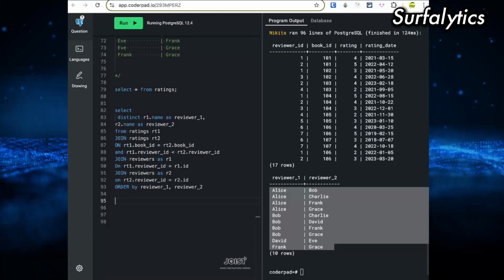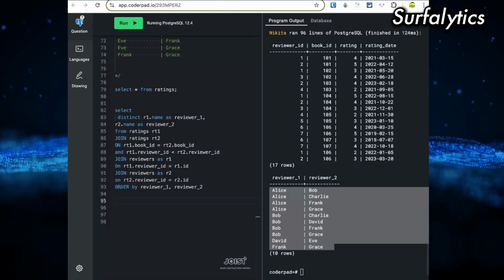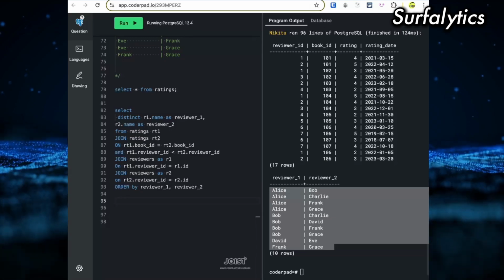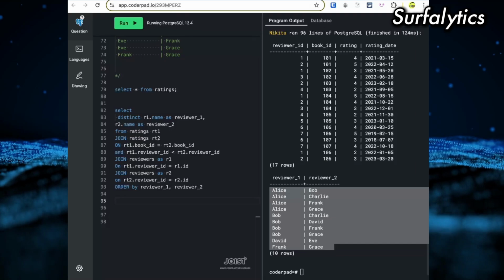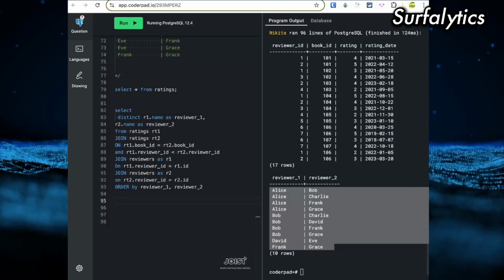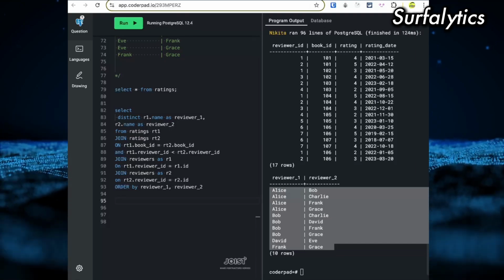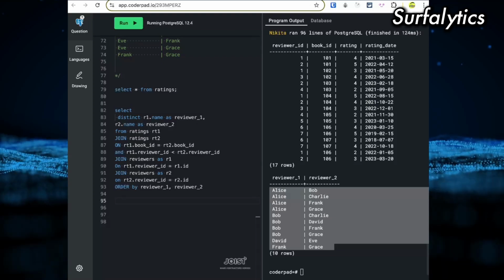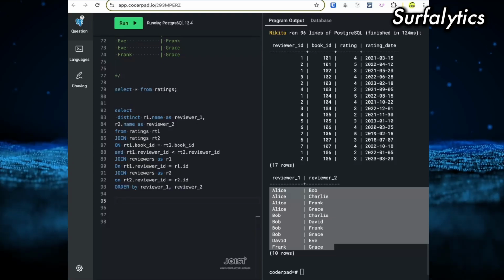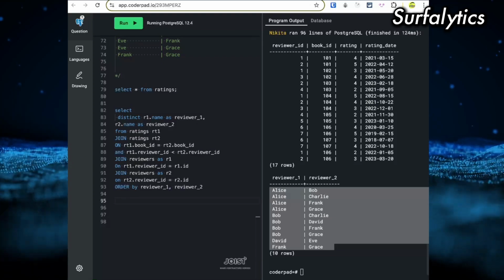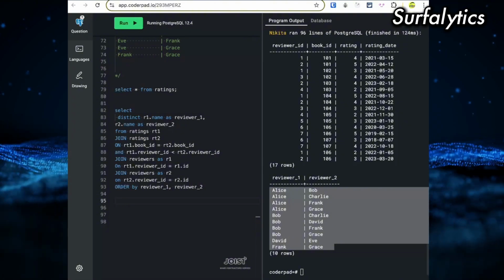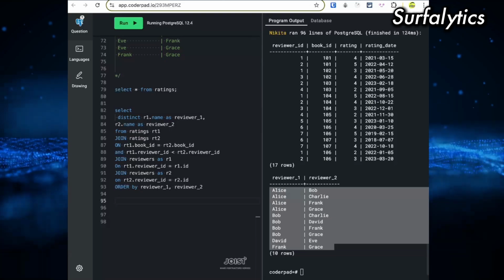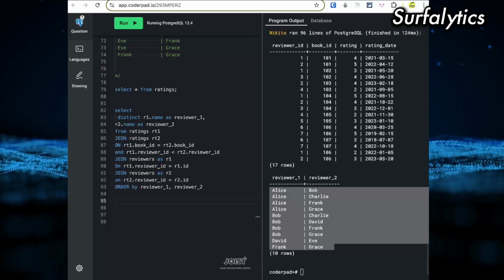Maybe I need to write for ratings table first, and after I will link the second select to this reviewer pairs, for example, and do sorting, and also